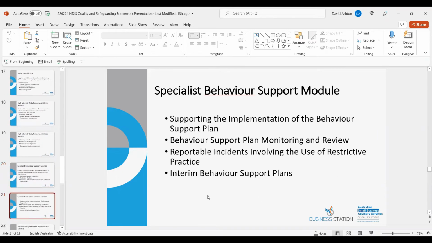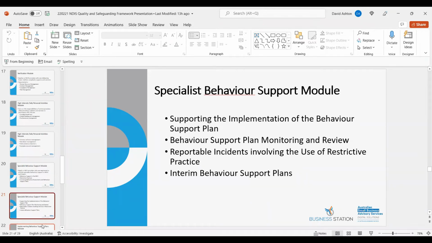So the implementation of the support plan: each participant's behaviour support plan is implemented effectively to meet the participant's behaviour support needs. So you need to obtain authorisation to use restrictive practices. Instructions and guidance are developed to support the participants. So again, your policies and procedures. Person-focused training, coaching and mentoring is delivered to each provider implementing behaviour support plans. So you need to have a good training regime in place for your workers to ensure that they're delivering the latest requirements in that regard.